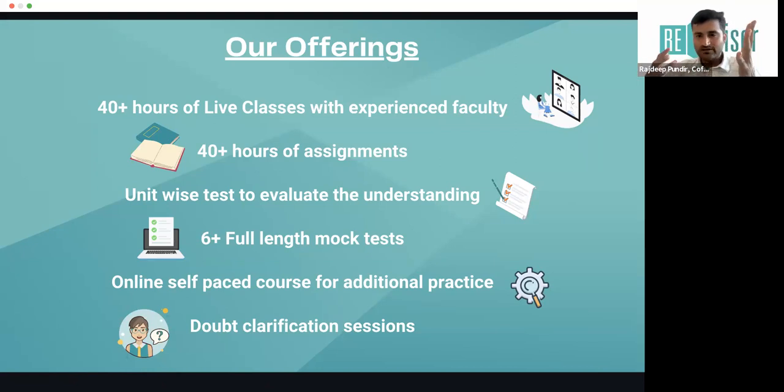And how does that work? There are roughly about 40 to 60 hours of live online tutoring. Our program generally starts around the September, October timeframe, where every week there will be one session of 2 hours each. So for every subject that you sign up for, there is a 2-hour session every week. It will continue until you write your exam in the month of May. For every 2 hours of session, there are about 2 hours of assignment that you need to do. So we are generally looking at about 4 hours of time commitment from your end every week per subject.